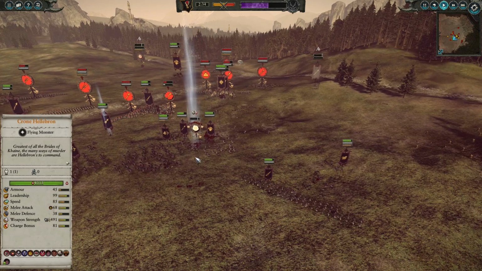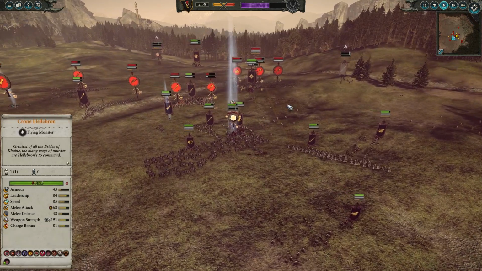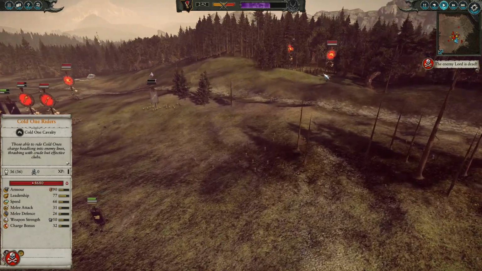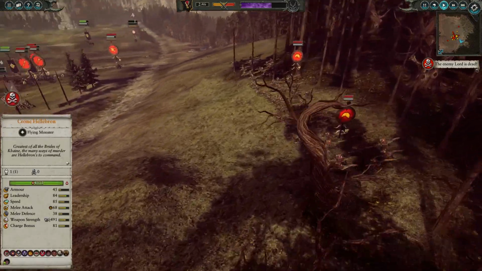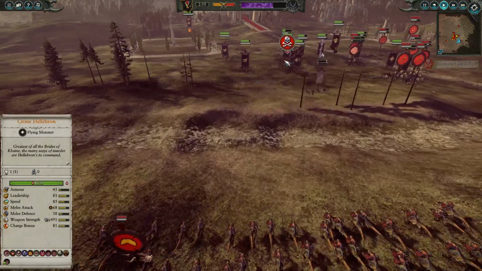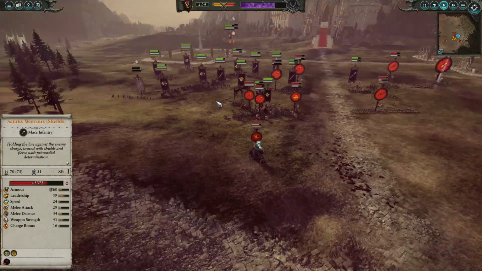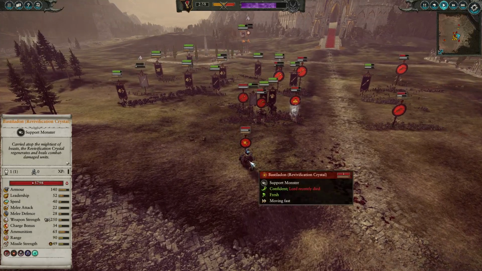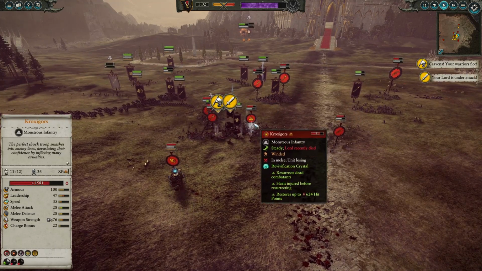But to be fair, any lord would have gotten wrecked if he got stuck in a lot of units there. So my opponent's Coldbone Riders are watching the battlefield, and now they get the order to charge into my Reaper Bolt Throwers, which is really important for my opponent because they've done a lot of damage there. Revivification Crystal going on these Croxigors there, healing them, but